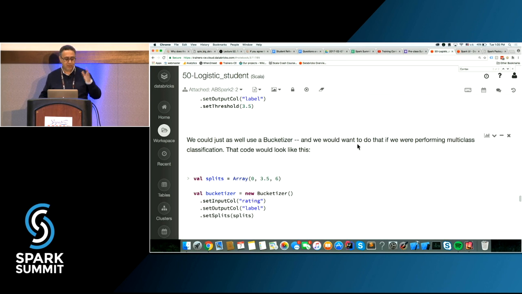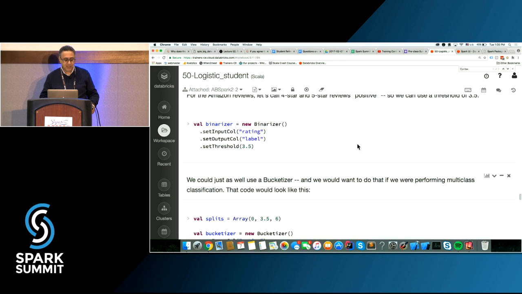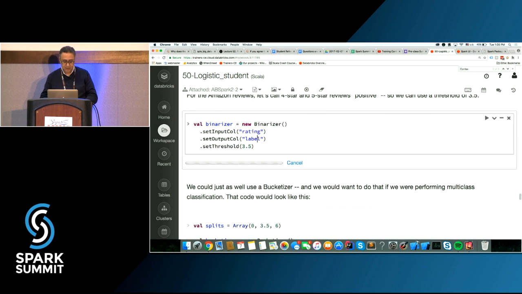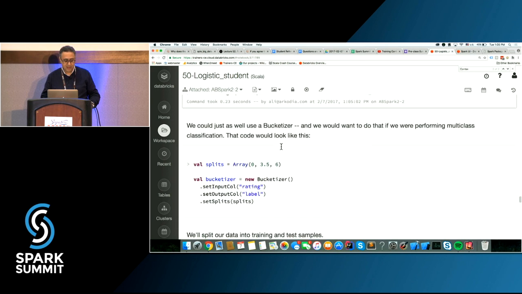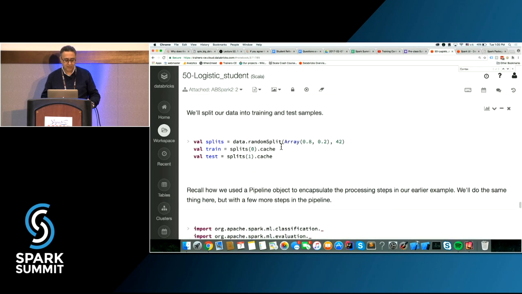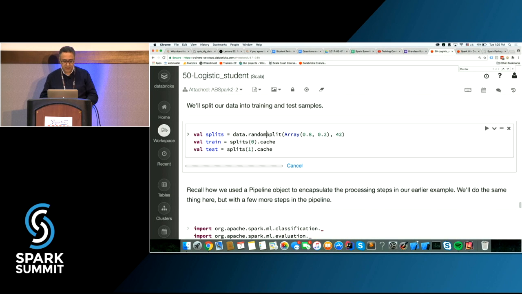Basically, you create the split array, the array of the splits, in this case 0, 3.5, and 6. And then if you pass that to the bucketizer now, anything between those thresholds will be a different class. So in our case here, we are using the binarizer, I'm sorry. We again split